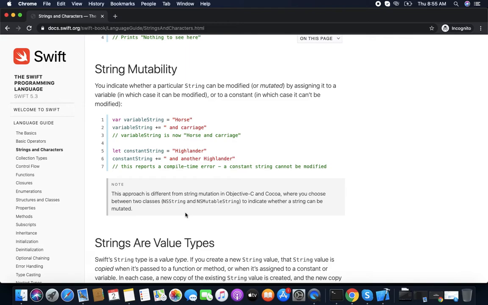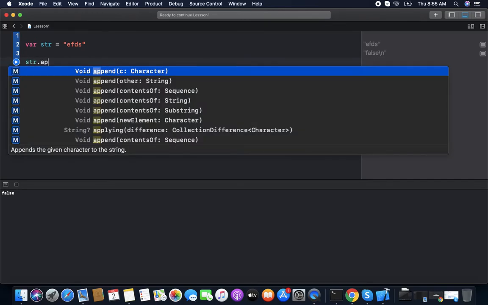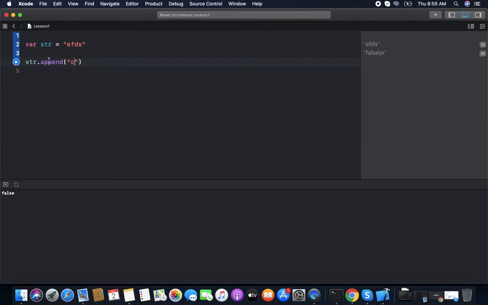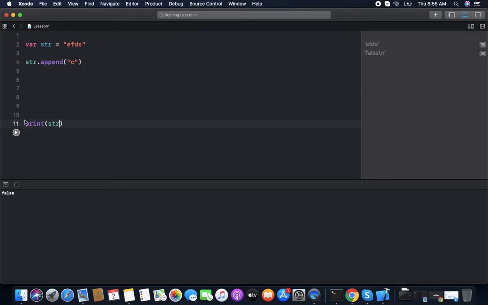String mutability. To extend the string value, we use string mutability. For this, firstly we declare a var, because let are constants. Now if we append anything, we have so many options. We can use the append function. We can append a character within the string.